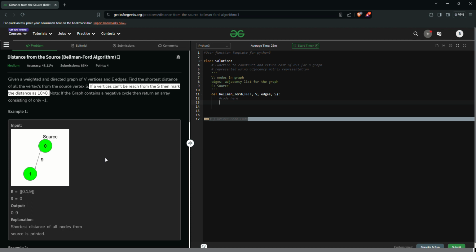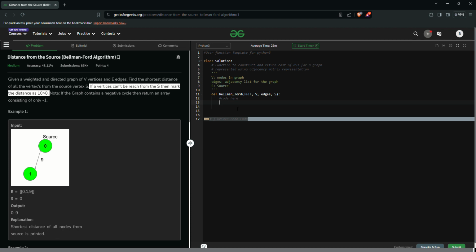This is called relaxation, and after this we have to check for negative edges. What does a negative edge mean? Imagine the same thing, 0 to 1, but if it was minus 9, then obviously you can't go from 0 to 1 in a negative way. I hope you understood why we can't go in a negative direction. Mainly because the outgoing direction is positive, and so the weight also might be positive, and it can't be negative. So to check for those conditions,